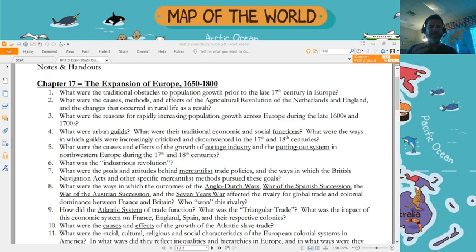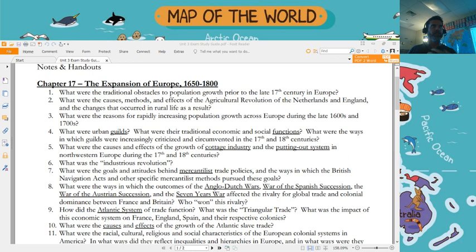And the Navigation Acts were enforced to varying degrees over time. Sometimes they were seriously enforced, sometimes totally ignored, but it was intended to create a system where all of the resources of the colonies were going to Britain, and all of the domestic product of Britain was being sold to the colonies. So, now the Spanish, they also had a mercantilist system where their colonists in Peru, in Mexico, were